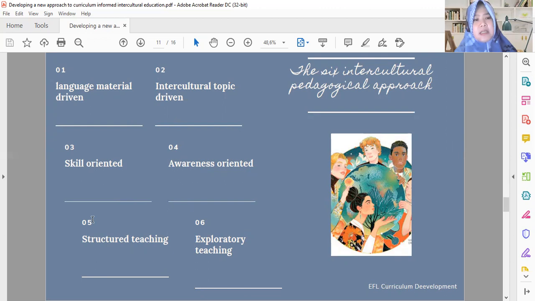And then the fifth and sixth approaches, structured teaching and exploratory teaching, tend to be about teaching structure.